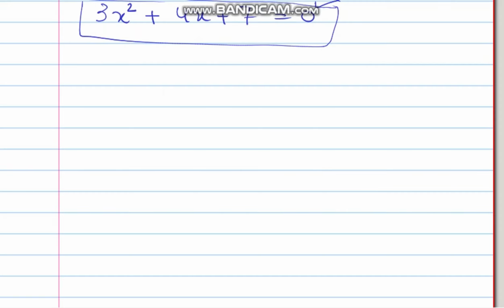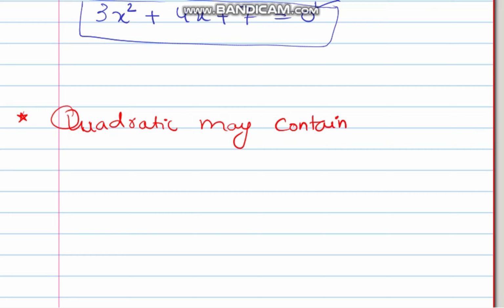I am writing a very important sentence now in red color. A quadratic equation may contain one term, two terms, or three terms. It's a very important line I am writing for you people. It may contain one term, just one term, two terms,